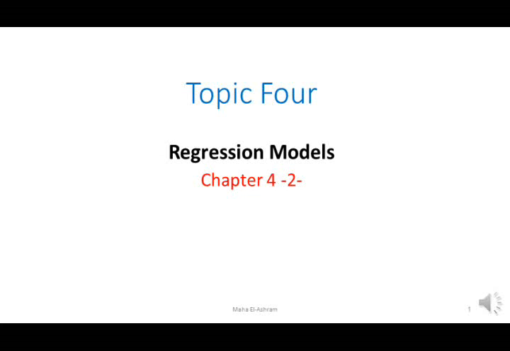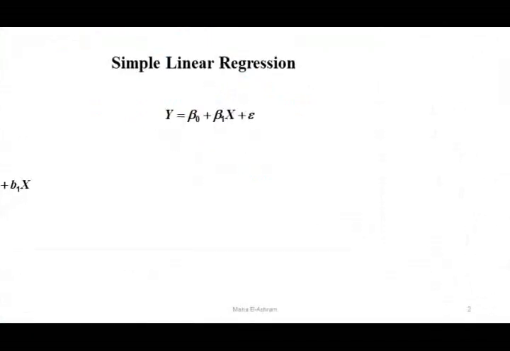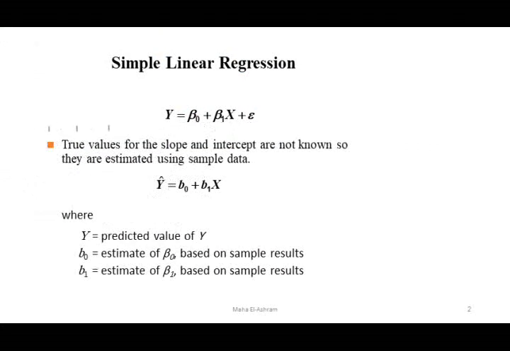Okay, previously, if you remember, we talked about simple linear regression. In simple linear regression, this is the line that is supposed to represent the relation between the independent variable x and the dependent one y. This equation has two parameters, which are beta naught, which is the y-intercept, beta 1, which is the slope, and of course we know that the error is epsilon. What is important for us is the two parameters beta naught and beta